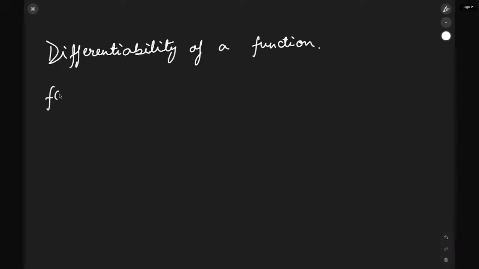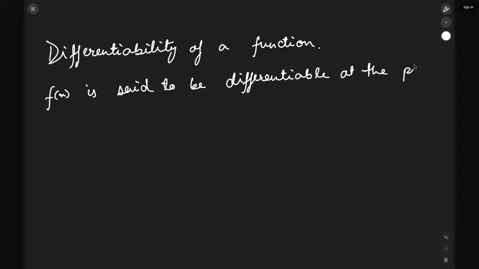So f(x) is said to be differentiable at the point x is equal to a if the derivative f dash a exists